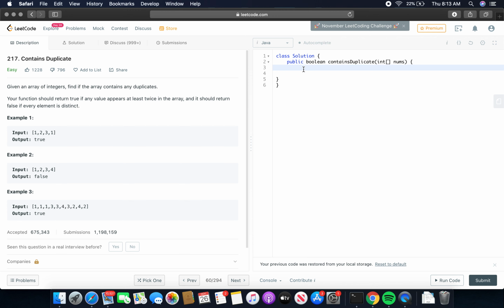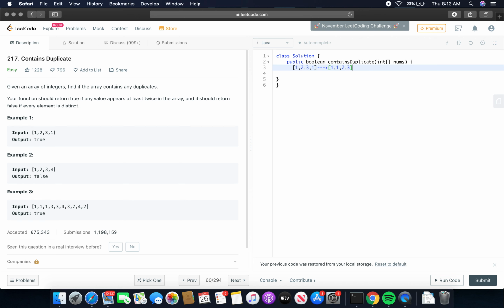In this scenario, the best approach I would say, a very simple one, would be to sort the array. Suppose we take the first example, 1, 2, 3, 1 is the given array. Our algorithm can just sort this: 1, 1, 2, 3.